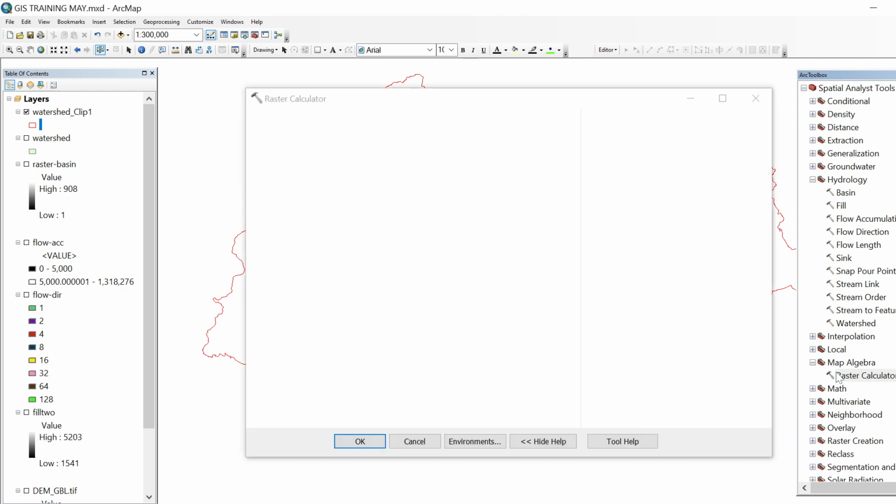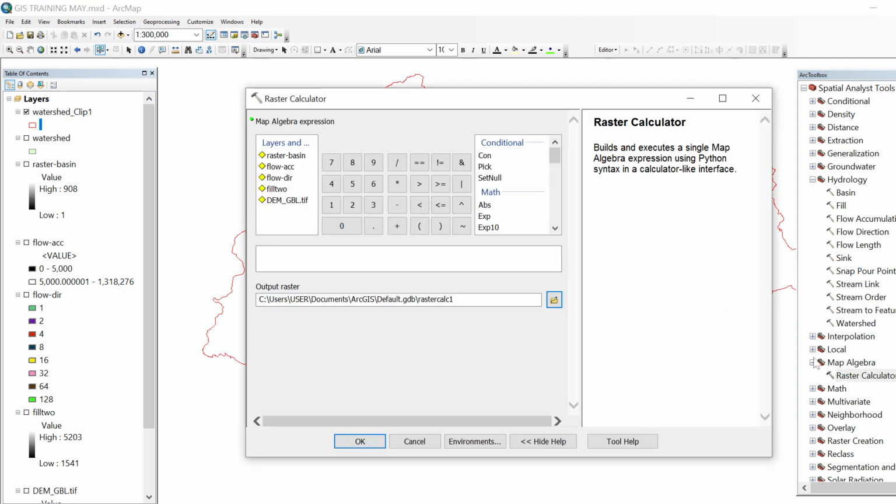So in the raster calculator, we have flow accumulation. This one we have to choose, flow accumulation